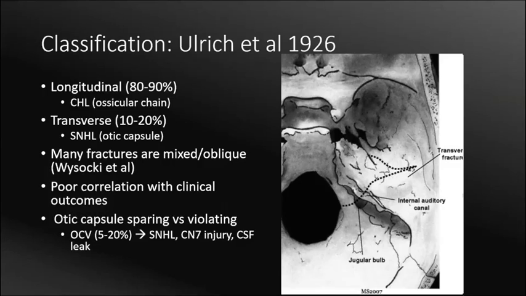However, cadaveric experiments have shown that many fractures are actually mixed or oblique in pattern. And more importantly, the fracture direction did not have great correlation with clinical outcomes. And so now the more common practice is to describe fractures as otic capsule sparing versus violating. Otic capsule violating meaning that there's involvement of the cochlea, vestibule, or semicircular canals. If a fracture is otic capsule violating, there's more likely to be sensorineural hearing loss, cranial nerve 7 injury, or CSF